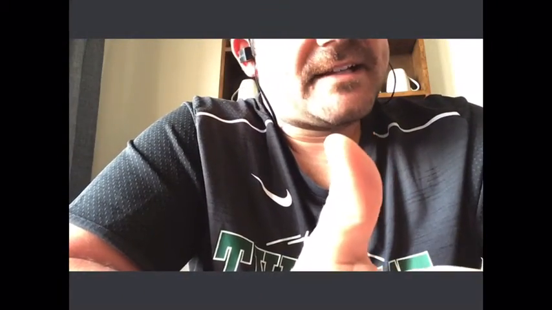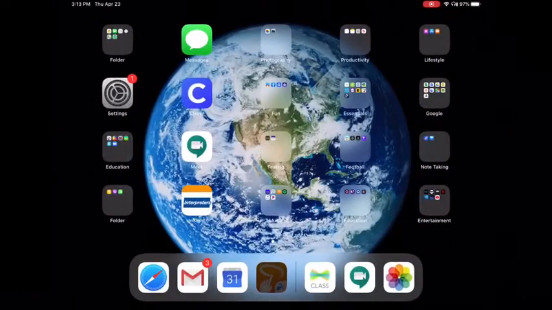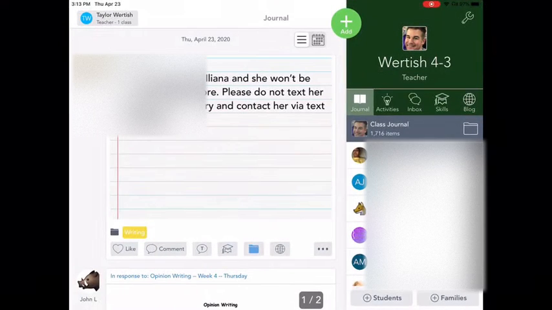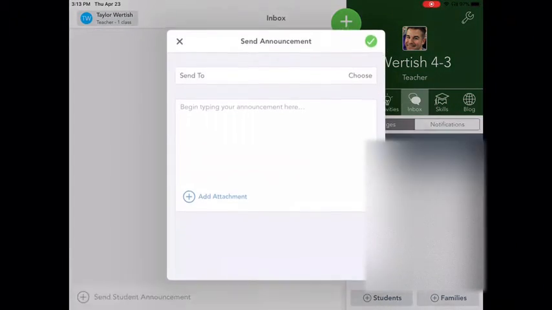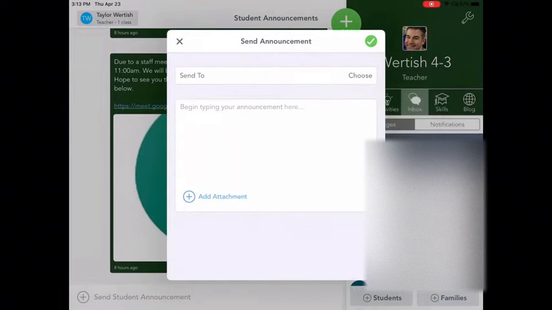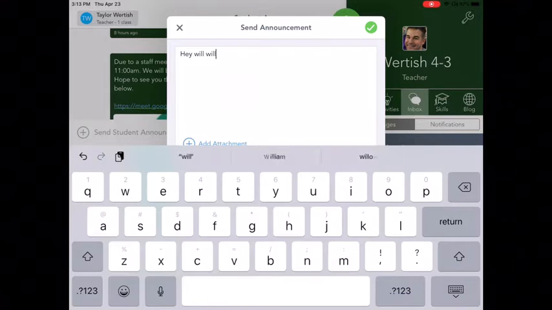You can do that with email. You can do that through text messages or Google Voice or Seesaw, which I suggest is the easiest way to reach your students. So I'm going to go to my Seesaw. There's two different ways you can do this. You can do an announcement to your students where you choose your students, and then you can type things like, hey, we will